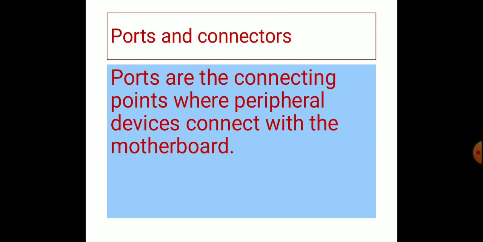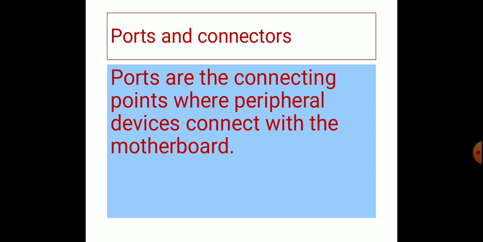Our next device is ports and connectors. Ports are the connecting points where peripheral devices connect with the motherboard. You can see these ports and connectors at the back of CPU. A port is generally a specific place for being physically connected to some other device.